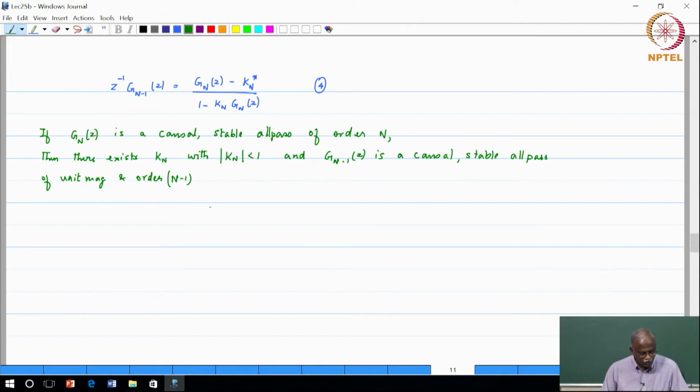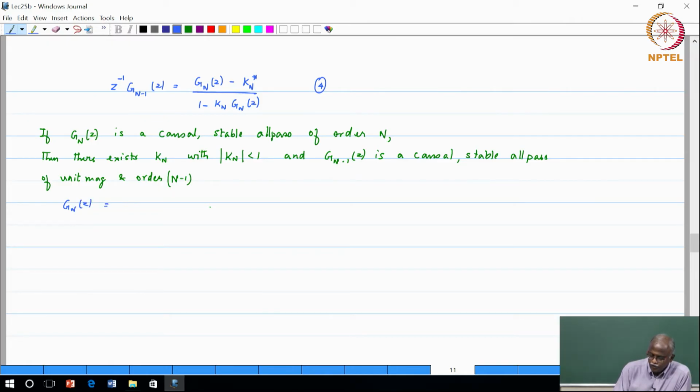Okay, so our task now is to quickly verify this. Of course, if you have worked with lattices, this would be quite an easy task, but even if you have not worked with it, it is a very interesting exercise. So, let us look through that. Okay. So, Gn of z is a causal stable all pass function. So, we would like to write down the form of Gn of z